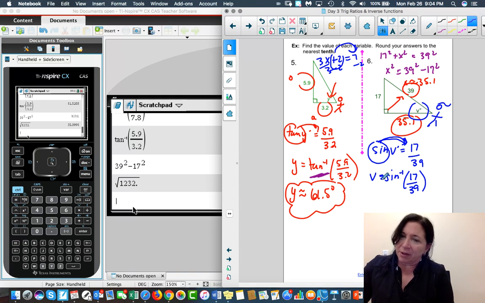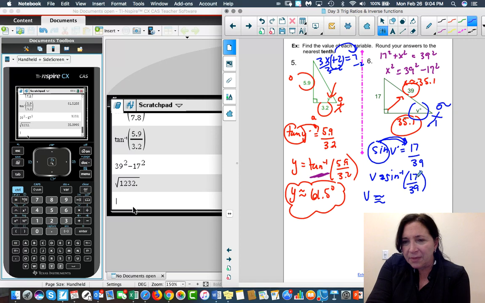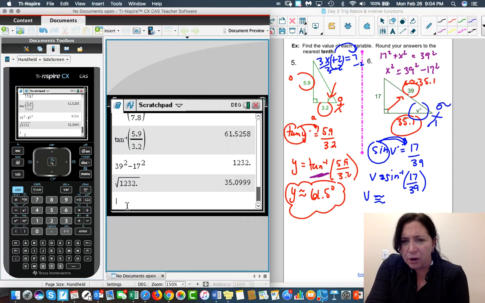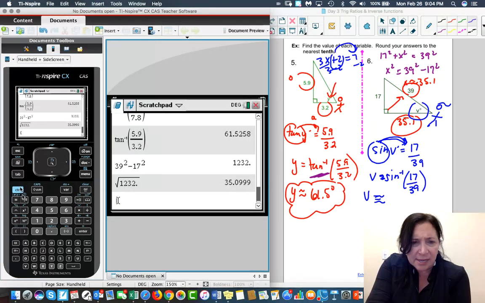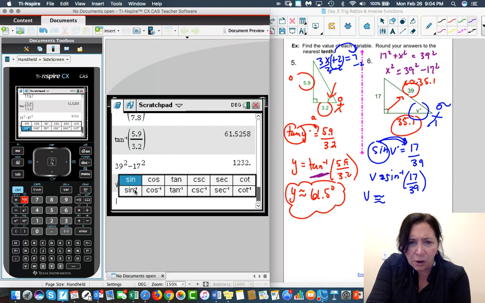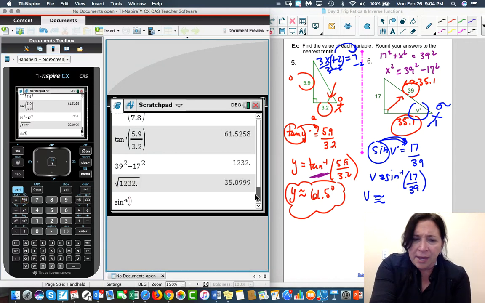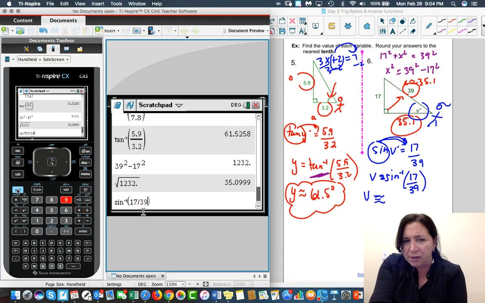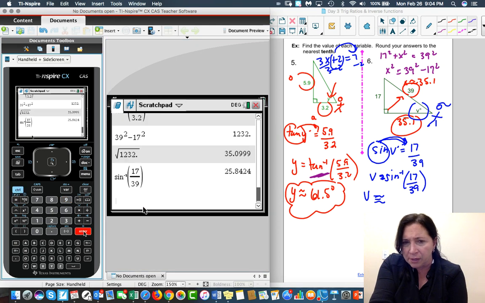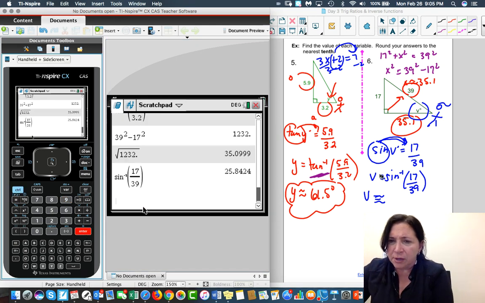Some people call it inverse sine. I call it arc sine because that's the better way to say it. So we are now going to go arc sine of this value. So go here, take trig function, arc sine. We have 17 divided by 39. Remember, I don't have a decimal here, so we need to go control approximate. And so that answer is going to be approximately 28